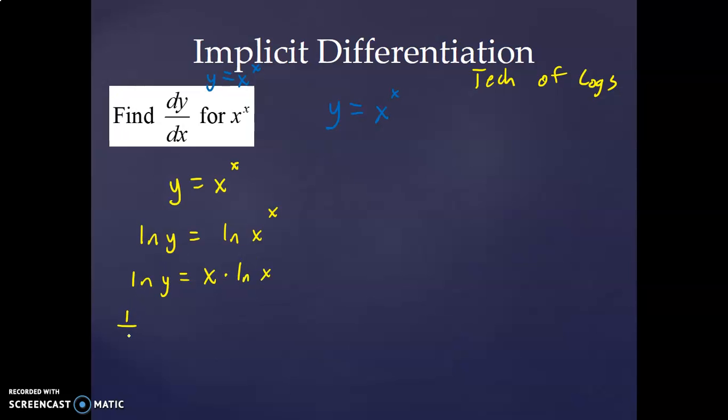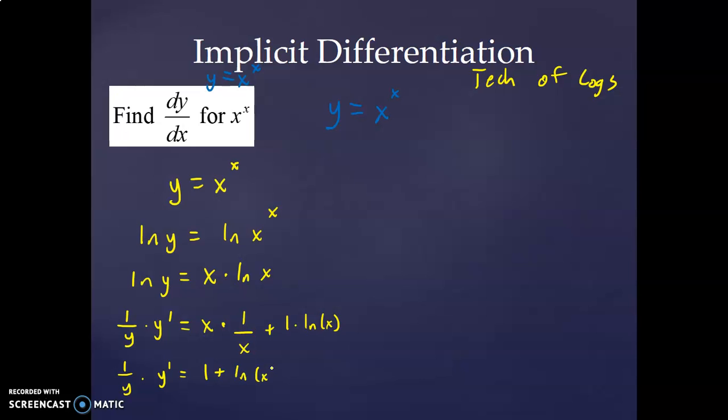On the left side, I'm just going to get 1 over y times y prime. Y prime and dy dx are the same thing. On this side, I would have x times 1 over x, the derivative of ln of x, plus 1 times ln of x. Derivative of x is 1 times ln of x. All right, over here, these x's could cancel, so I'd have 1 over y times y prime equals 1 plus